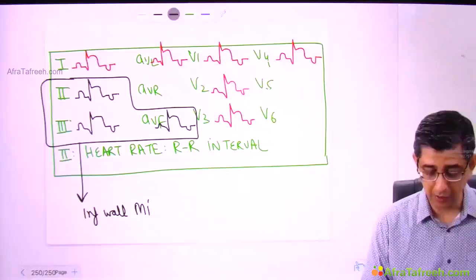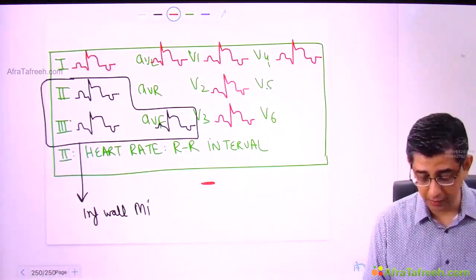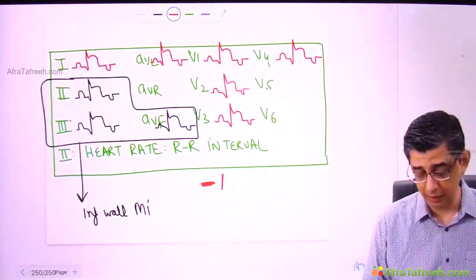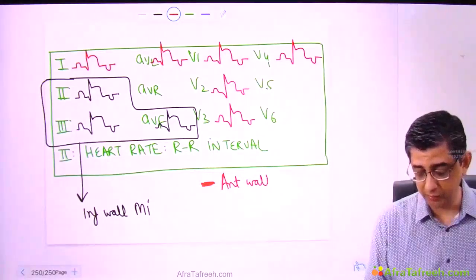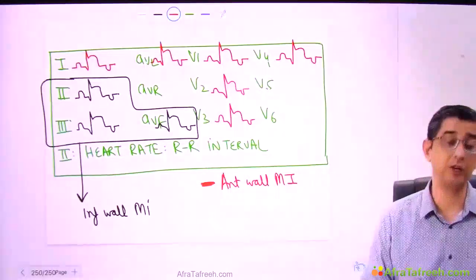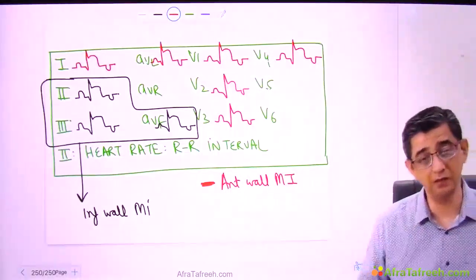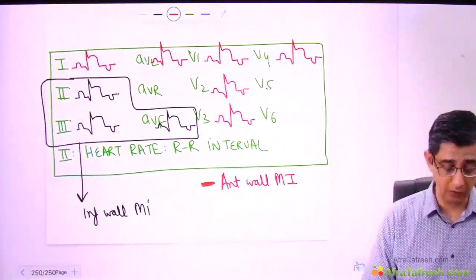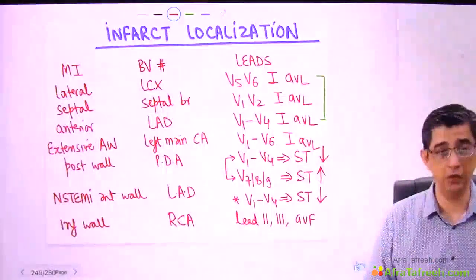And the information shown in color red, in this case the color coding red for ECG, is for anterior wall myocardial infarction. And as I've already told you, if there are changes right from V1 to V6, it's going to be extensive anterior wall MI. So the objective of ours here was to understand infarct localization.